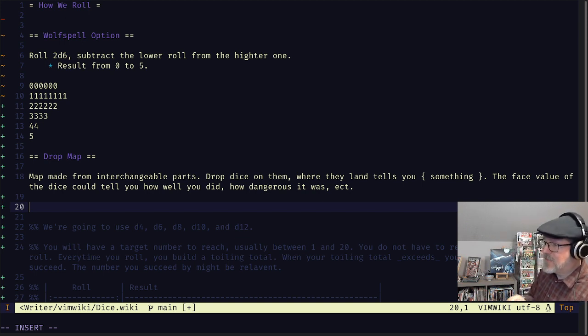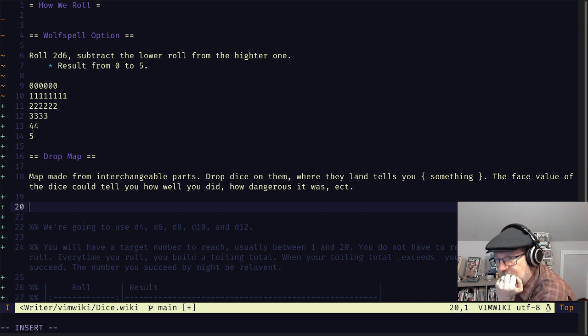But still, I think there's something fun to be had by having maybe 2 or 3 dice to roll, and the results of them help determine what's happening, and then where they land is also going to be helpful.